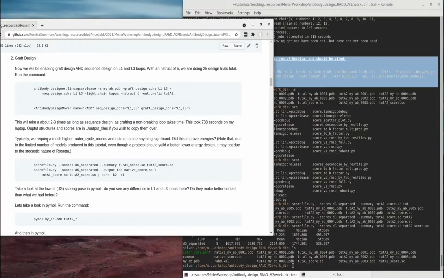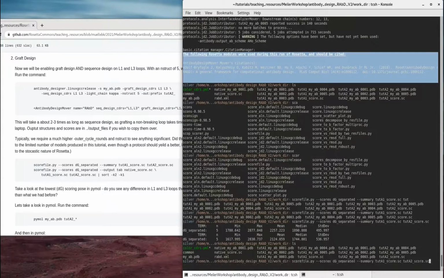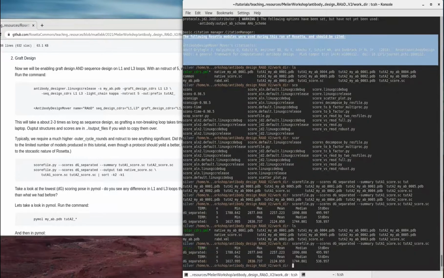Now, typically we're going to require a much higher outer cycle rounds number than we use here to generate enough stochastic models to find a good low energy solution. So let's see, by running the summary command from tut A1 and tut A2, if we've improved at all. So let's run that command. And as we can see here,